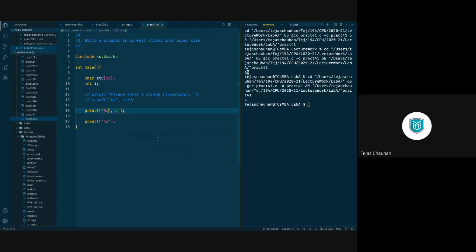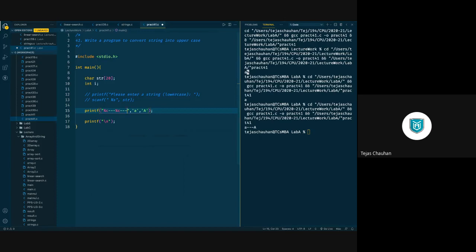Likewise, I can also print another character, and that's going to be the capital A. If I run this, small a and capital A here. Now you all know that in C programs, characters are internally handled by ASCII values.